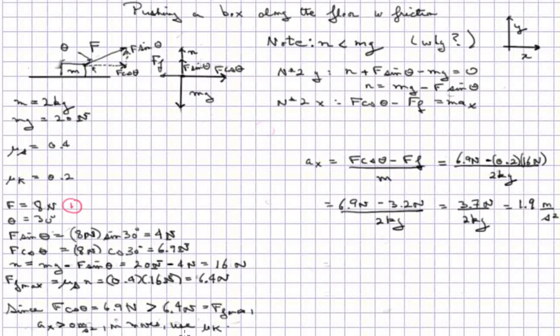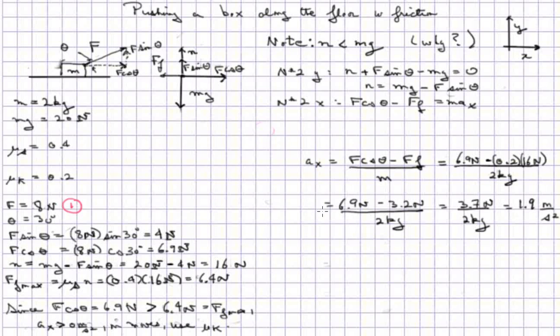And since it's moving relative to the ground, we now have to use mu sub k. And so recall in the last example where we were pushing downward instead of pulling upward, we were not able to get the object to move with this magnitude of force. But now that we're pulling up and decreasing the normal force,